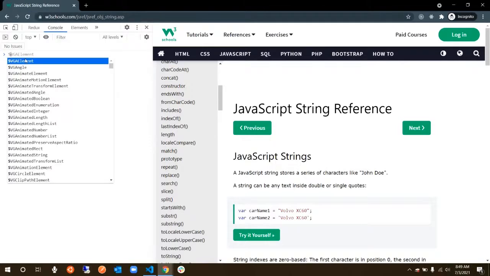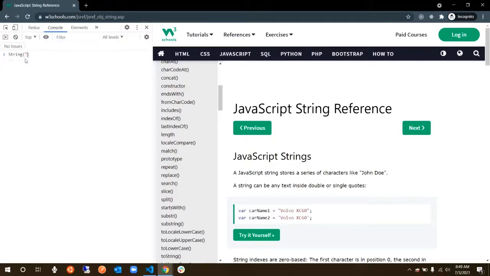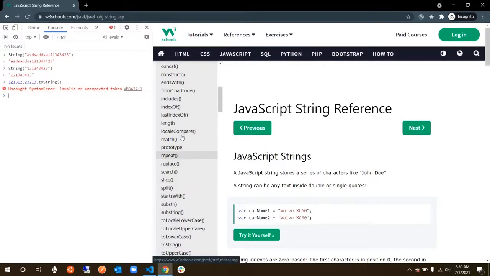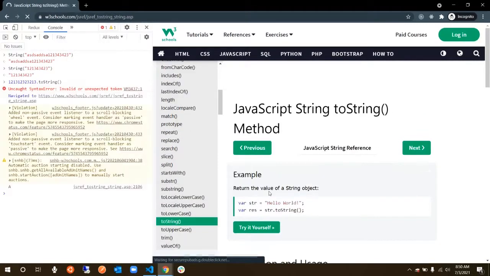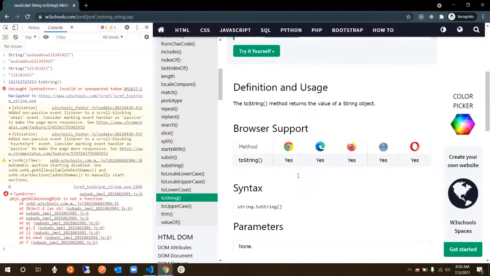So if you want to convert something to string, you can directly say String and put something inside in between there. Then you'll get a string. So for example, even if it is a number, you'll get a string. Or you can say 1 2, and then say no, I'll not remove this, I'll remove this, and then say toString. Something like this. Where is toString? I would like to look for an example for that. It's already string.